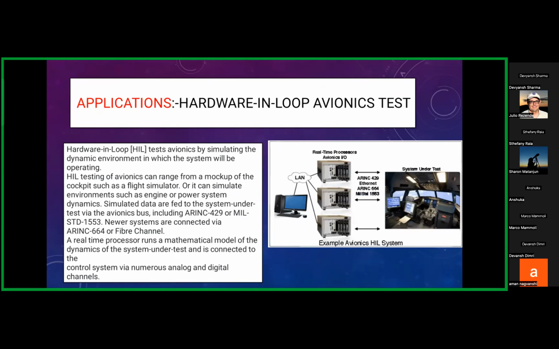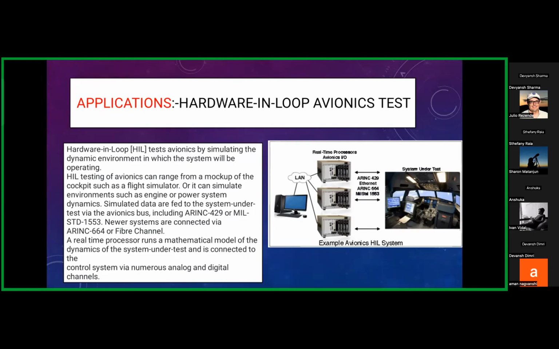So you can see it's a HIL system. It's consisting of output, and there's a LAN connected to it. So there's avionics situated in it that provide a dynamic environment to be operated. So HIL testing of avionics can range from mockup of the cockpit, such as a flight simulator, or it can simulate environments such as engine or power system dynamics. Okay, and similar data are fed to the system under the test. So a real-time processor runs the mathematical model of the dynamics it's connected to, and the control system is various numerous